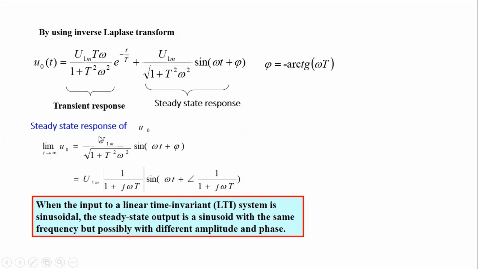Next, if you consider only the steady state behavior, leaving out the transient part, you can write that as limit t tends to infinity, my output is only the steady state behavior, which I have replaced and written here, which can also be written as